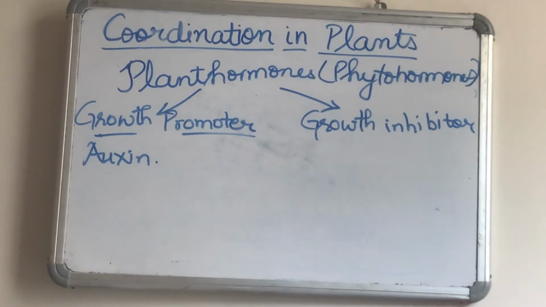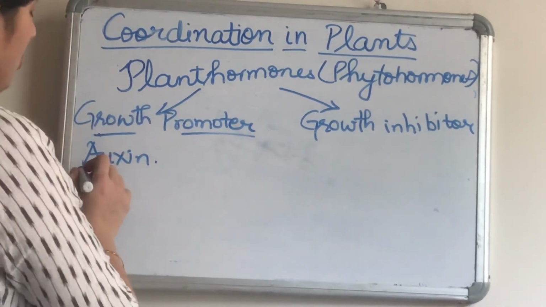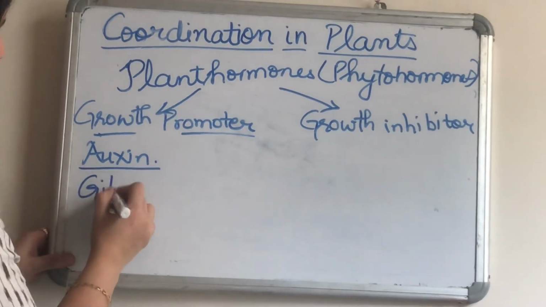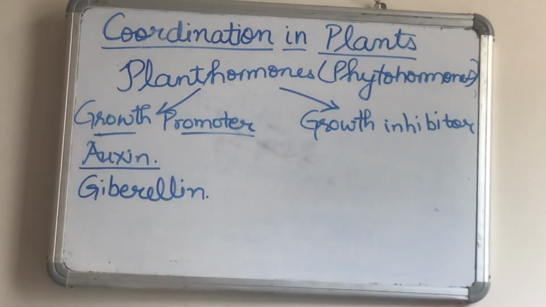Okay, now we will first discuss the growth promoters, and the first hormone is the auxin. Auxin helps in the growth of cells, helps in root formation, increases plant respiration, and is responsible for the shoot bending whenever the light is coming from one side. So auxin is a growth promoter, as it helps in the growth of the cells of the stem. Next is the gibberellin. Gibberellin is another plant hormone which helps in the growth of stem and leaf and also increases the size and number of fruit.